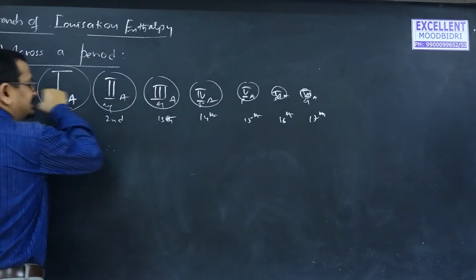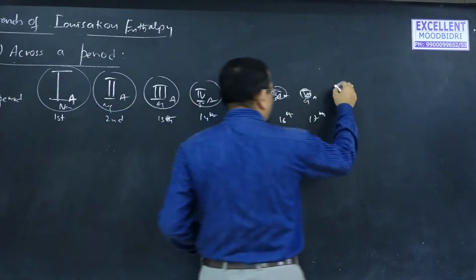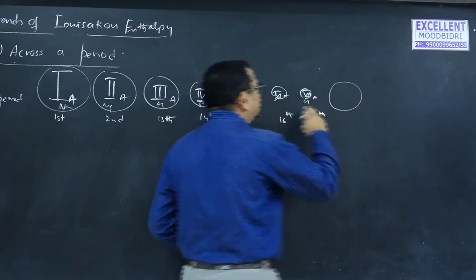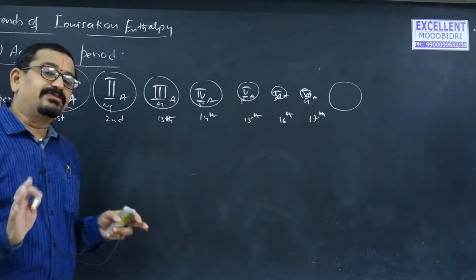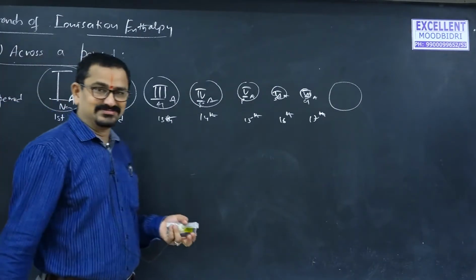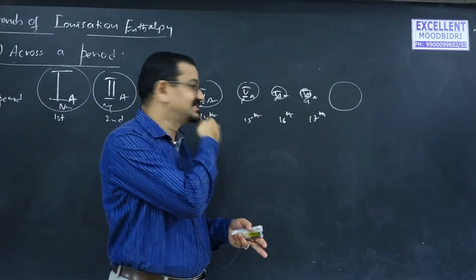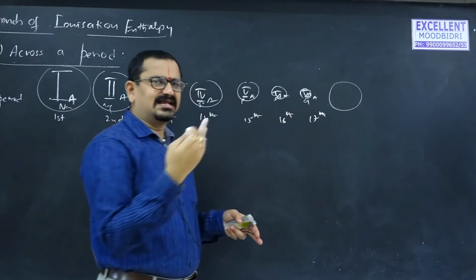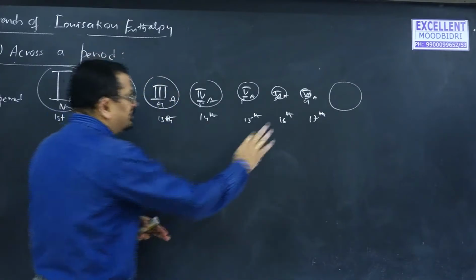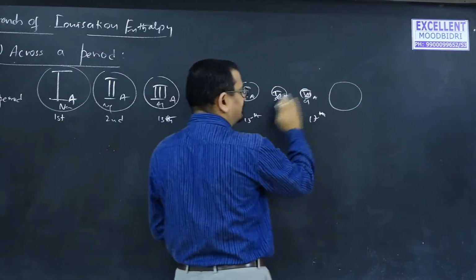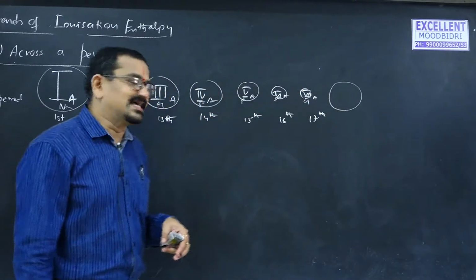Now, this is how their size varies. This is how their atomic size varies. Next, argon is relatively larger than the 17th group element, because for noble gases, what type of radius are we considering? Non-bonding radius, which cannot actually be compared with the bonding radius of the remaining representative elements. Their non-bonding radius can be compared with van der Waals radius. That is a proper comparison. But still, even with the non-bonding radius, even with van der Waals radius, it was observed that noble gases are relatively larger in size.